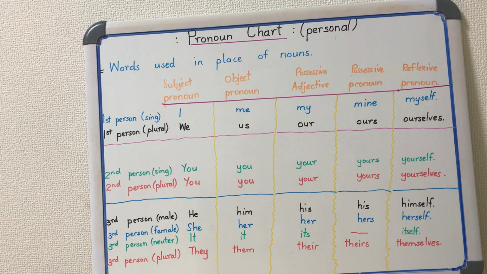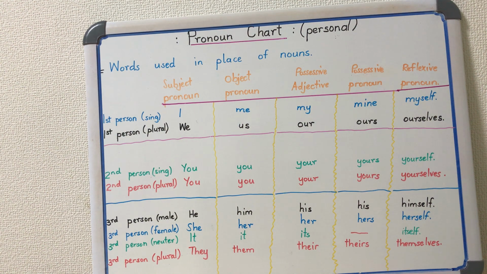Then yourselves. While for the reflexive for one person, we say yourself. You've got to do it yourself. If I'm referring to a group, you have to do it yourselves. That means each of the people in that group, you've got to make sure that they do it. So I'm saying do it yourselves. Maybe it's a group activity. They have got to make sure that they do it as a team.